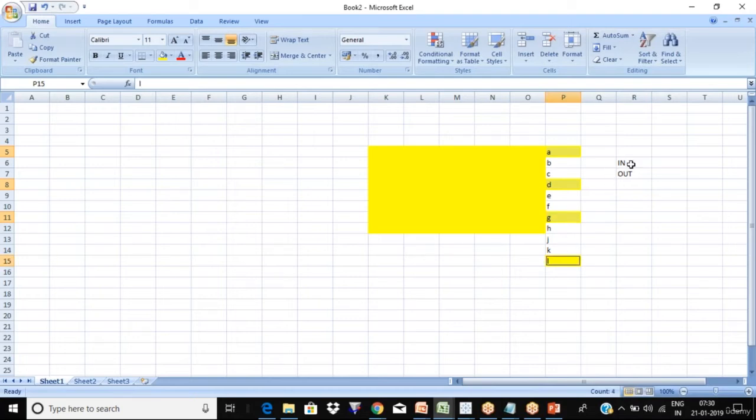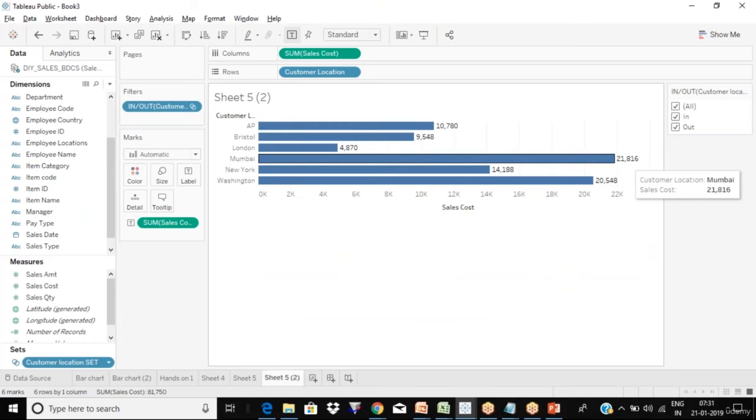That means when you select In, directly you would see all the cities you are interested in. When you select Out, it will show the rest of the ones. Got it? There are other use cases also, which we will see when we reach those projects. But at least you got this concept idea. Okay.